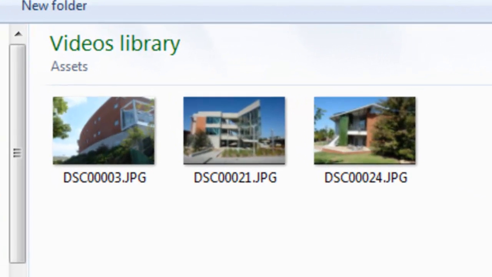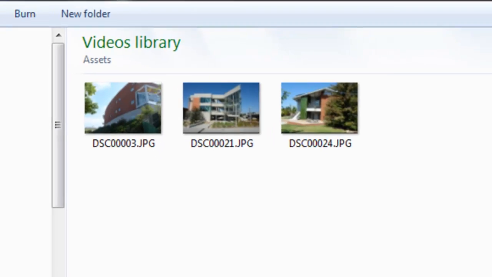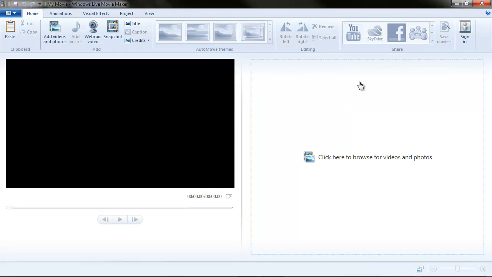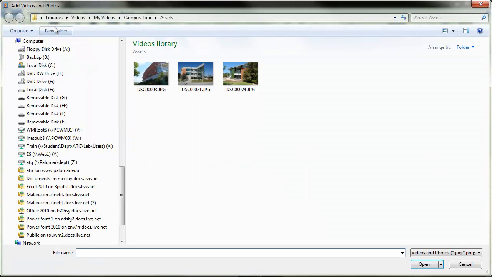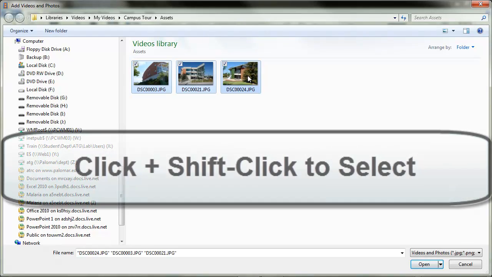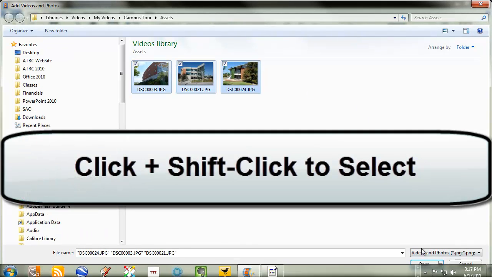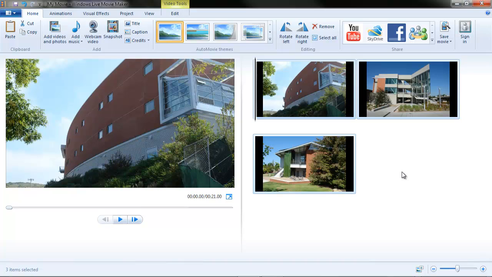I have 3 photos within the Windows Explorer here, and I'm going to bring them into Movie Maker. Let me pop Movie Maker up. Here we are in Movie Maker. To add the photos, click on Add Videos and Photos. Select your photos. I'm clicking on the first, holding down Shift, clicking on the last, and clicking Open, and there